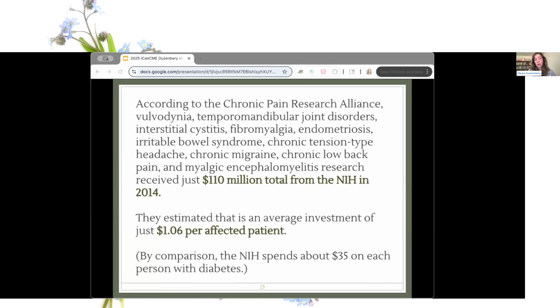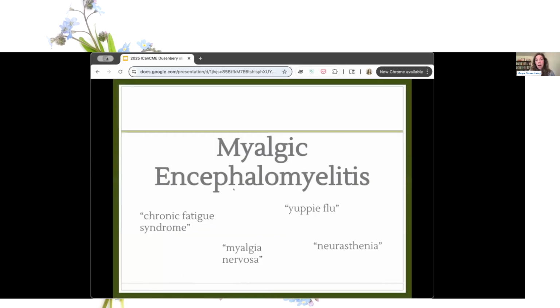And of course, not only have they been neglected in the research realm, but they get short shrift in medical education too. And without good training, many providers still have outdated beliefs that they're psychosomatic. So in my opinion, the history of ME is really a very quintessential example of the catch-22 this creates. So just a little bit of the history of the disease, which I'm sure some of you know, but the